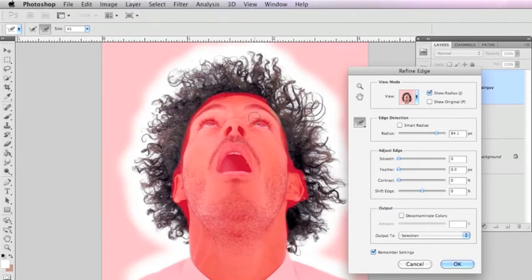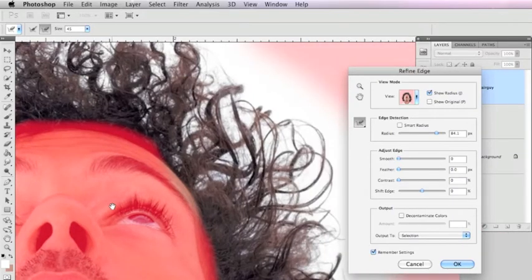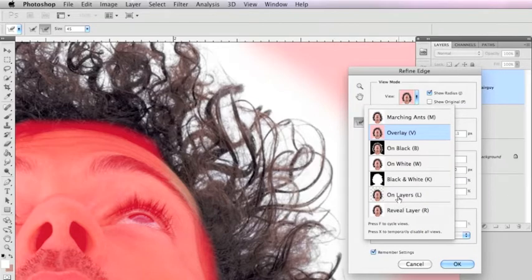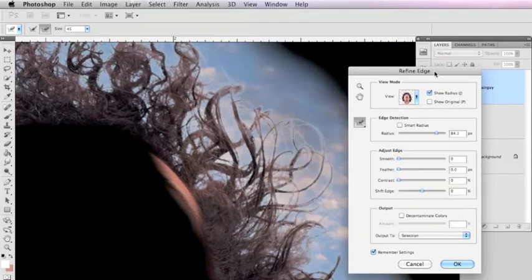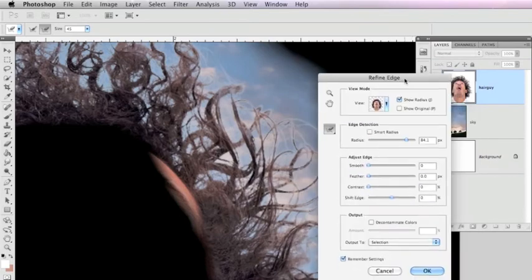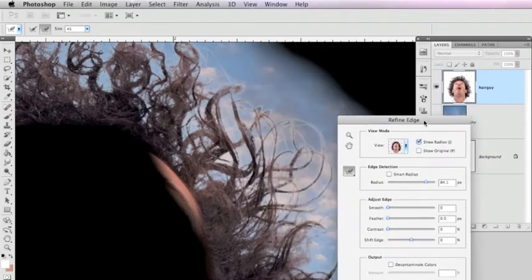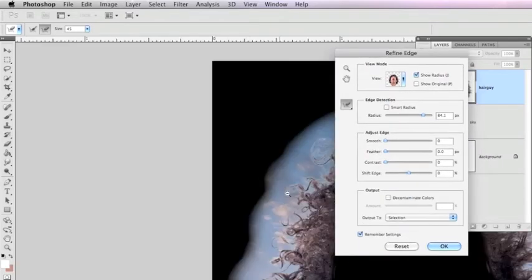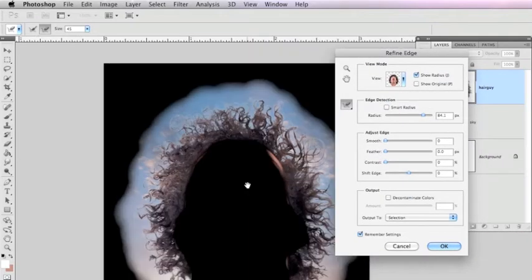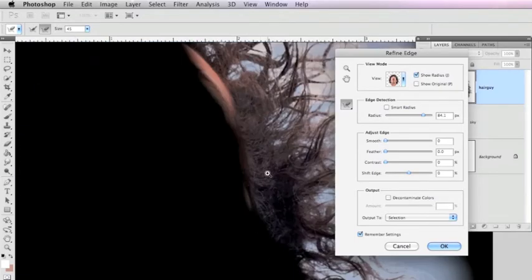Okay, so I'm going to zoom in here. Again, I'm going to hit the space command to zoom in. And I'm going to see what this looks like on the reveal layer. Okay, reveal shows what it looks like with the background, with this area cut out. And since I have this sky under here, you can see the area there. So I'm going to zoom out, and you can see how it's affecting the